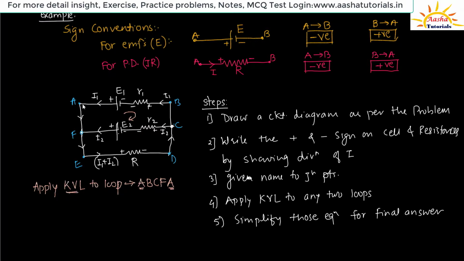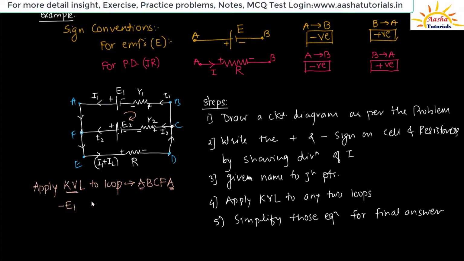So let's begin. Look at this figure again. We move in the same way as we have written the loop. I am going from A to B. As I travel from A to B, what comes first in my path? The cell E1. And what sign do we take? Remember the sign convention: always take the latter sign. Here the latter sign is negative, so I can write minus